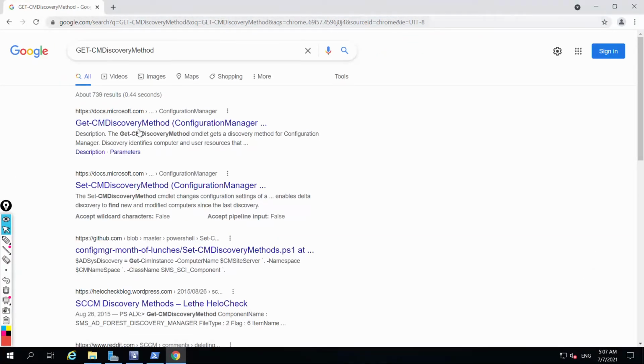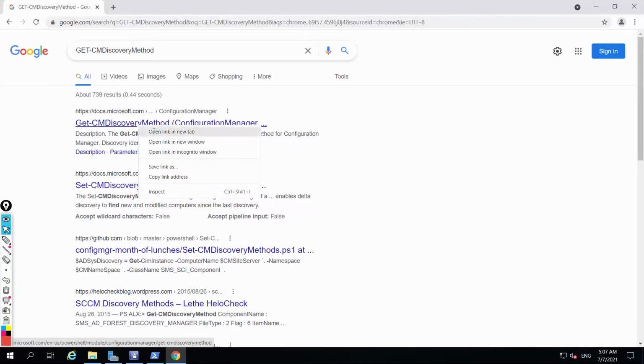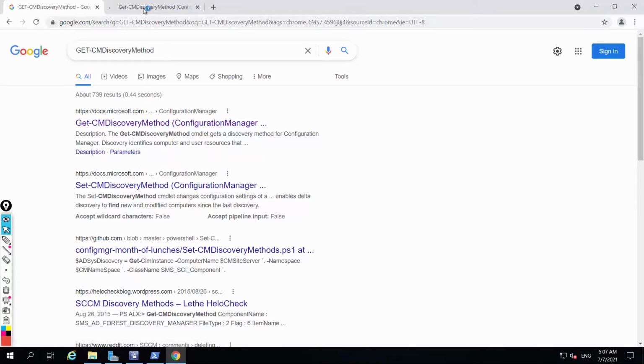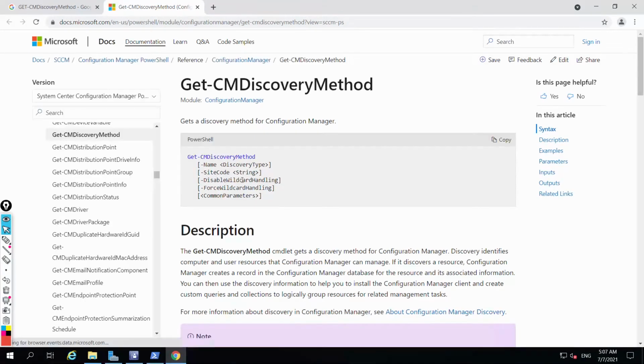So I'll get information on this command, what parameters we can use with this command. You can see I need to type name and discovery type, or I can type site code, disable wildcard handling, force wildcard handling, and common parameters.